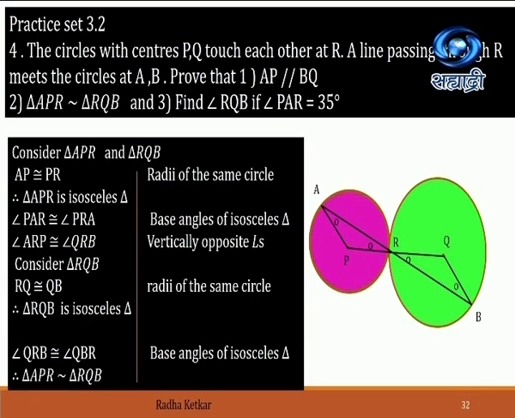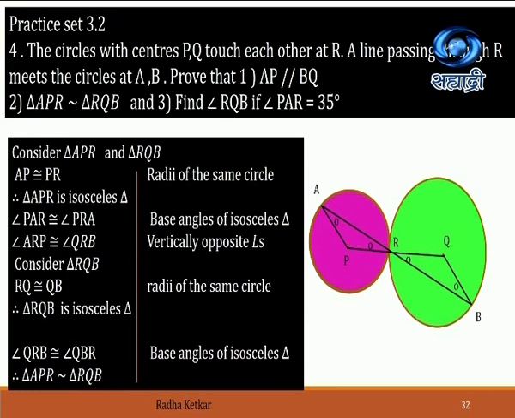Again, when we think about the bigger circle, which is green in color, you can see QR will be congruent to QB. Again, the reason will be the same, that these are radii of the same circle. As these are radii of the same circle, the triangle formed will be an isosceles triangle. The base angles are going to be congruent. For the angle at R, we have already discussed that due to vertically opposite angles, the two angles formed at R, one in the smaller circle and one in the bigger circle, are congruent to one another. So obviously, angle QRB and angle QBR will also be congruent. Now you can see we have got four different angles which are congruent to one another.